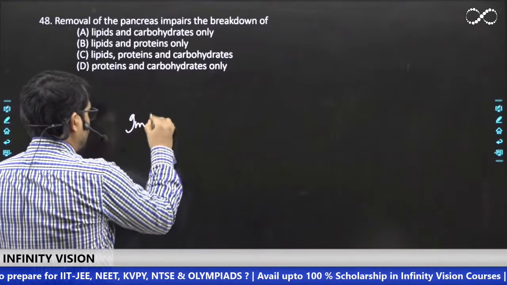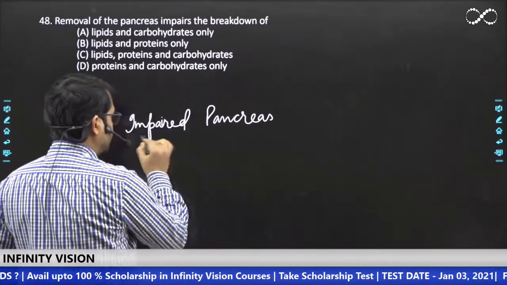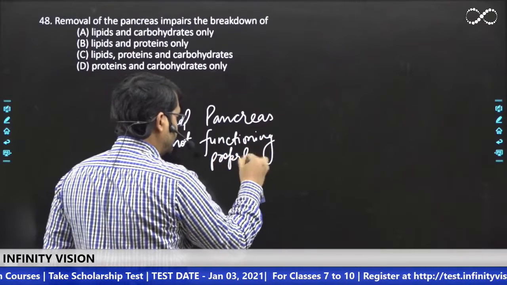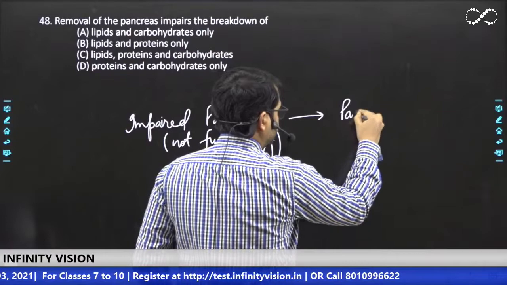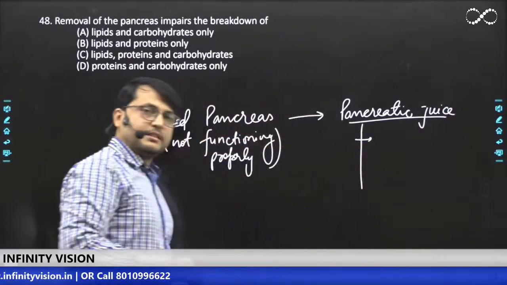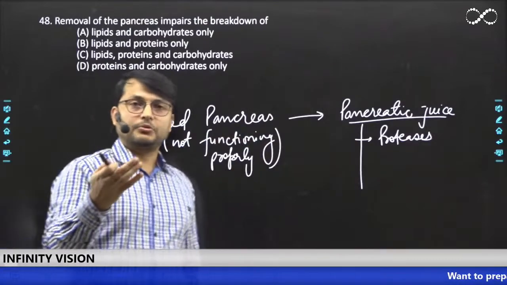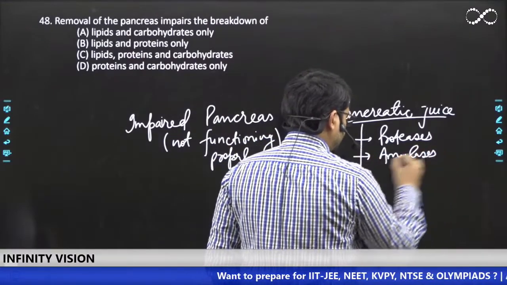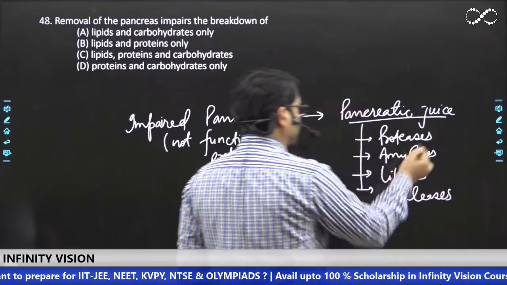See, impaired pancreas, right? It is impaired. It means it is not functioning properly. This means that it is not going to produce proper pancreatic juice, right? And you know pancreatic juice has all the digestive enzymes. It has proteases, correct? It has proteases like trypsinogen, chymotrypsinogen, procarboxypeptidase. Plus it has amylases. It has lipases. Plus it has nucleases, correct? And therefore the pancreatic juice is called,